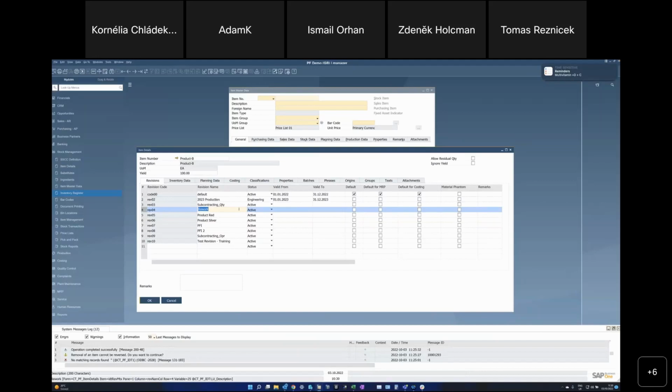Another way, yeah, this is important, and also one of the most requested features by partners and also end users. Here you can see product red and product silver. Okay, I know it came to your mind, and you would ask that if you manage, follow, or track your item